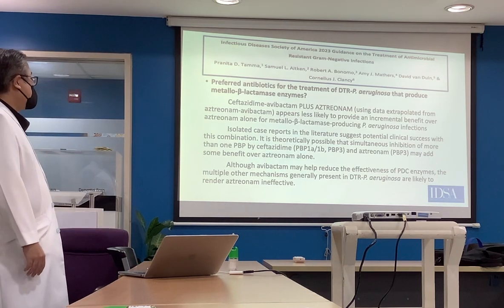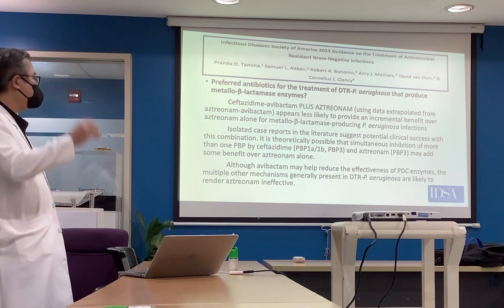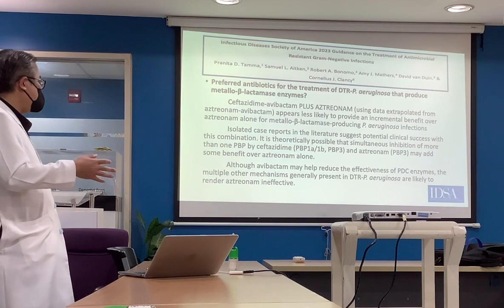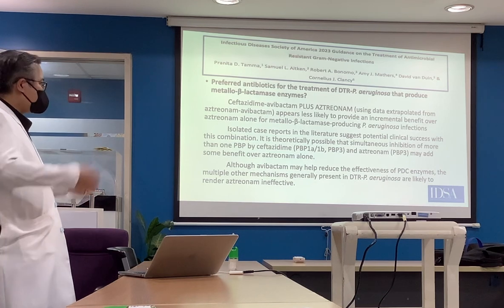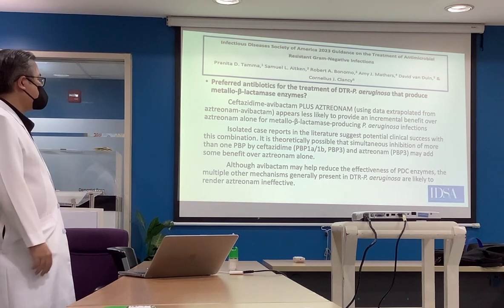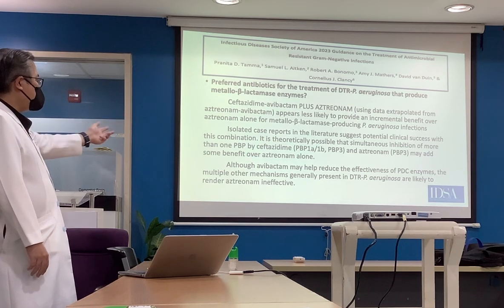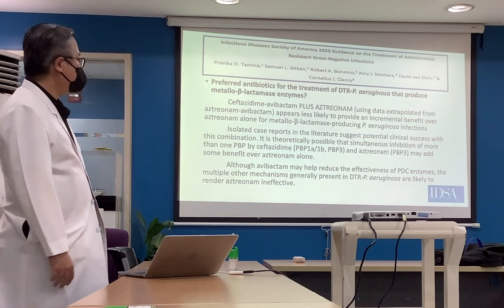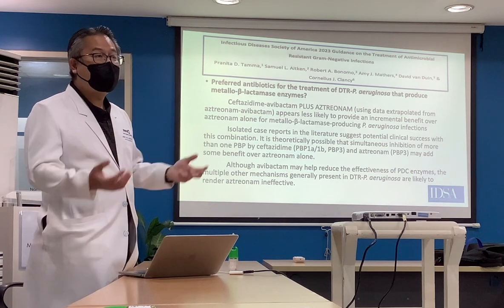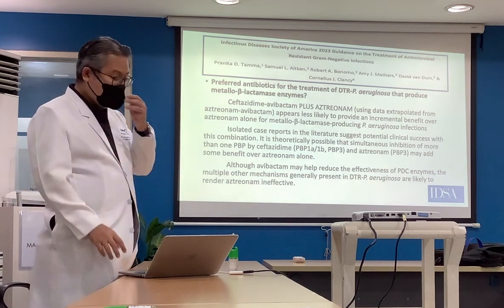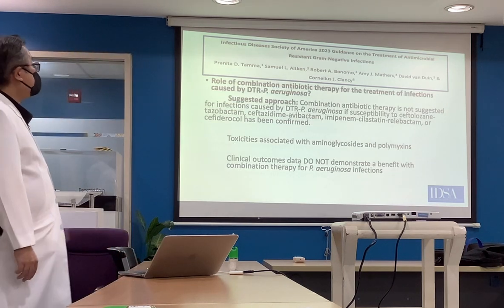Okay? There are isolated case reports in literature that suggest potential, again, weak evidence, potential clinical success with a combination. Theory is that because of the simultaneous inhibition of the PBPs, PBP1A, 1B, and 3, they may add some benefit over aztreonam alone. Okay? So MBLs, again, we're looking for roles. Aztreonam has a role for MBLs because of its activity there. Okay, so combination therapy